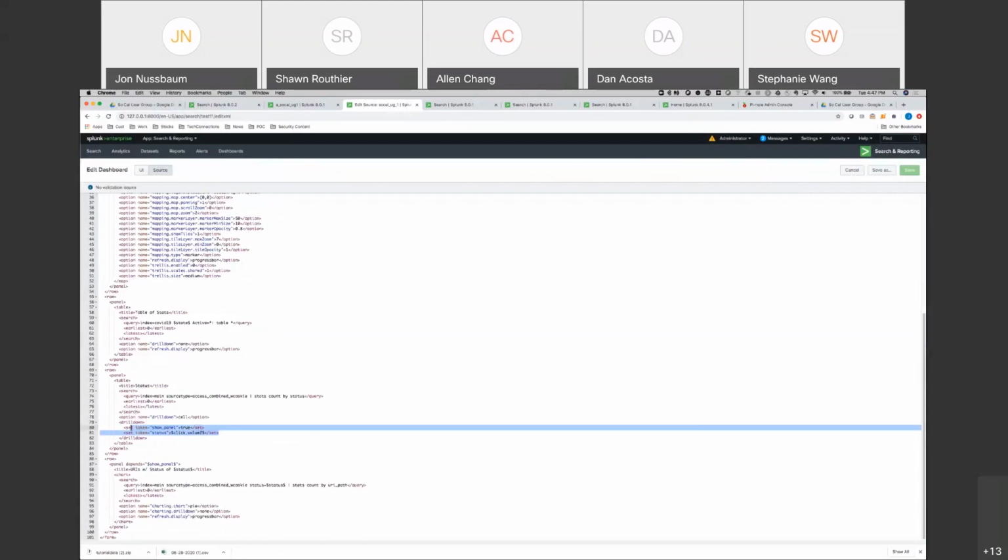Essentially here we have show panel. So it depends on show panel. So what I'm going to do is copy this over. So what I'm essentially doing is declaring a token called show